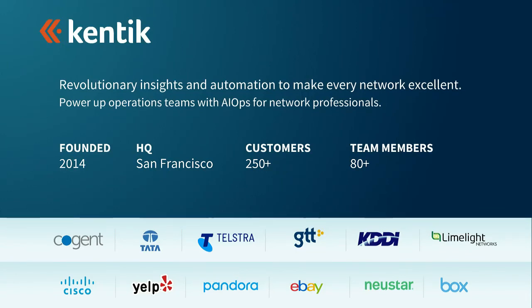So that brings me to the last section about Kentik. Kentik is a NetFlow platform, a network analytics platform that's built explicitly to provide all of the things that we've been talking about here. We've been around since 2014. We have a huge number of customers across both service provider and enterprise, and you can see some of those here. And our mission in life is really to help network owners and operators make every network that they use,